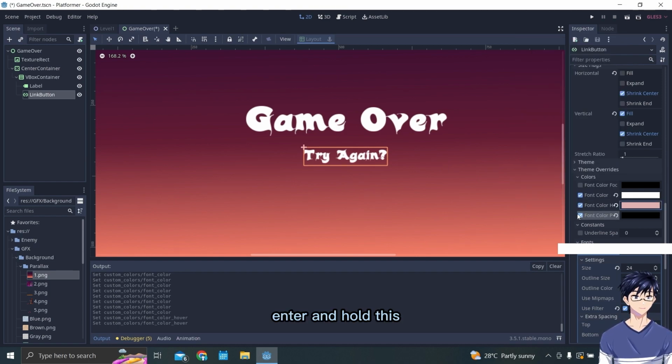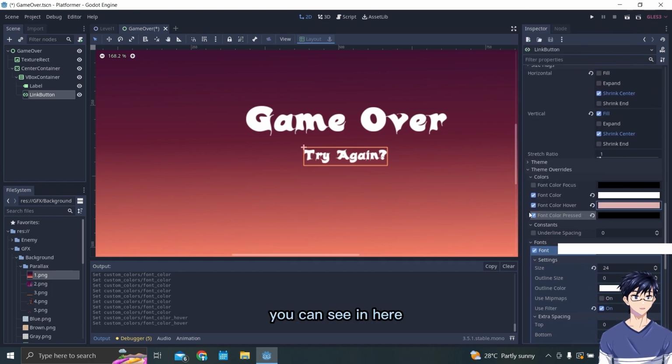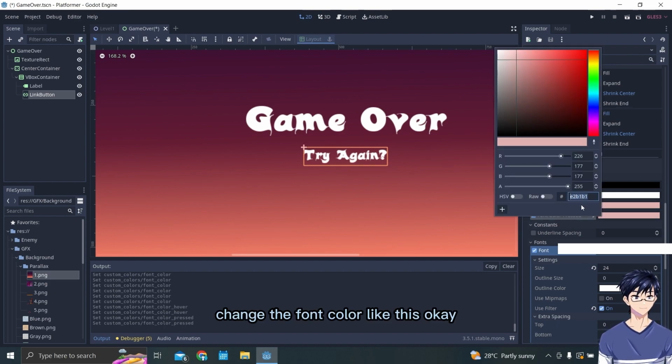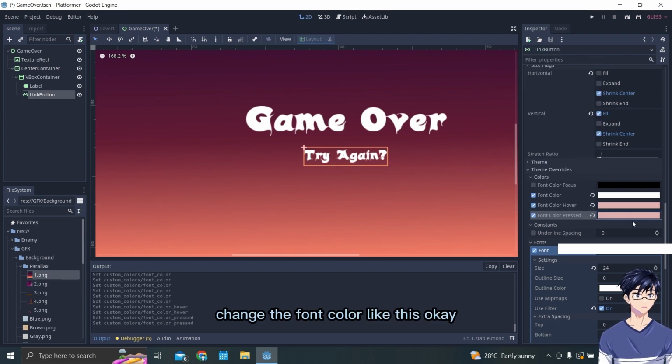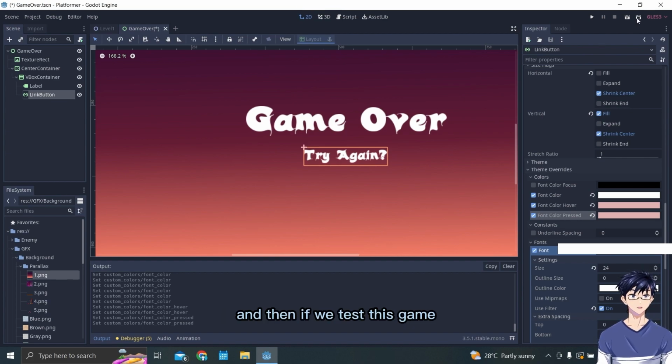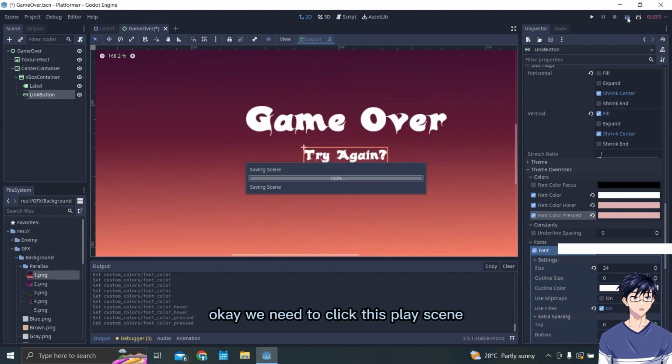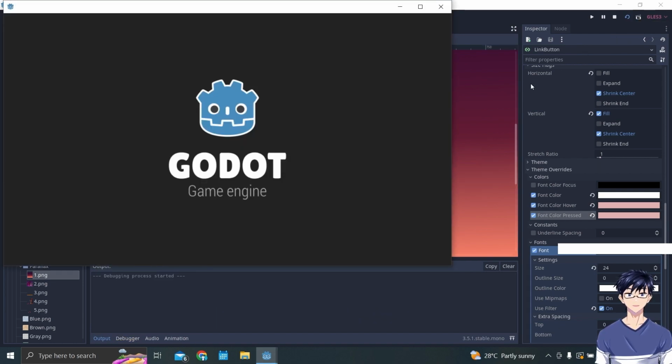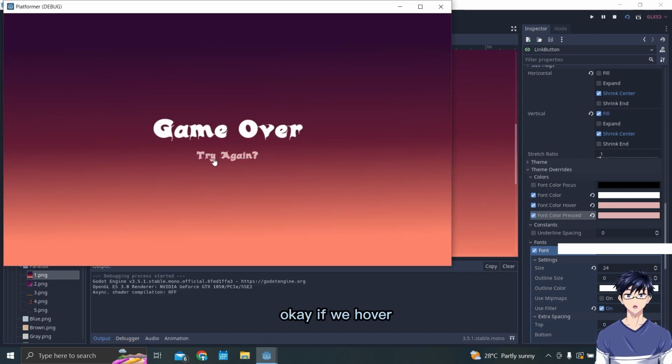And for the pressed font color, you can see here when the text is hovered and when the text is pressed, the font color changes like this. Then if we test this scene, we need to click this play scene. If we hover, the button will change color.